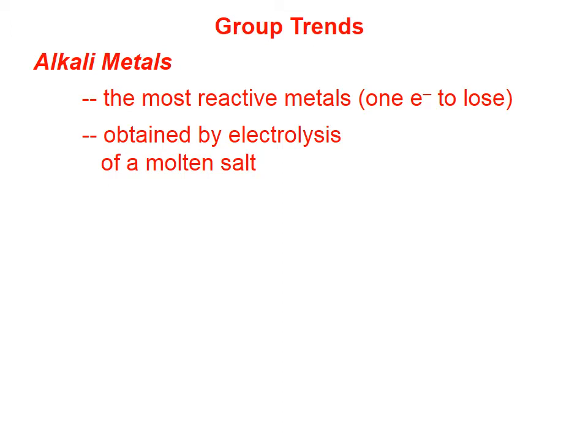The alkali metals are the most reactive metals, and that's because they have only one electron to lose in order to react. Because they're so reactive, we don't find them in nature in their elemental state. They are always in the form of a compound. In order to isolate alkali metals, that is to separate them from the anions that they are naturally joined with,